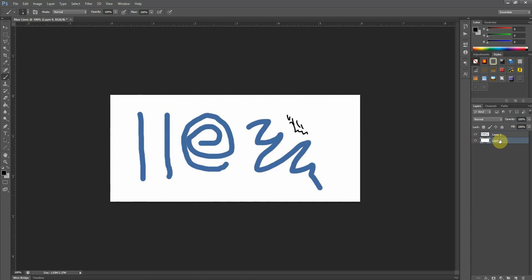It's a visual aid. That white layer is nothing more than a visual aid for me as a vinyl crafter. And the reason why is if I were to save this file right now, and I'm going to save that, I'm going to pause and save that, so please hold. Okay, if I were to save that as a PNG file right now,